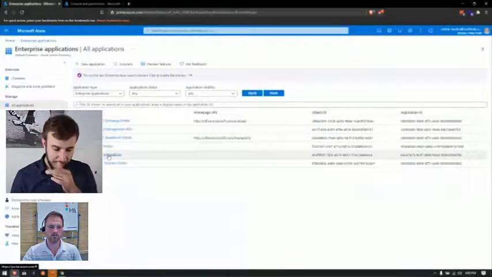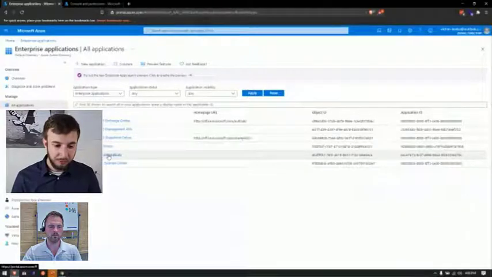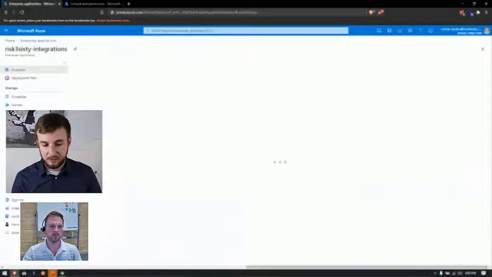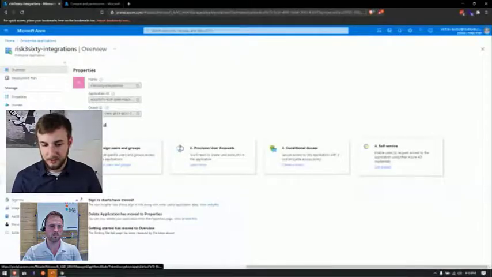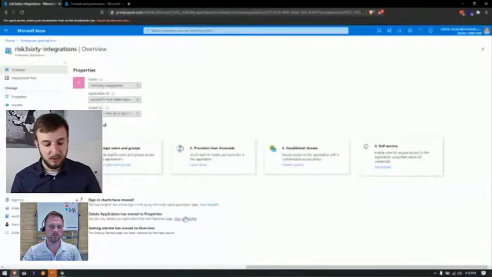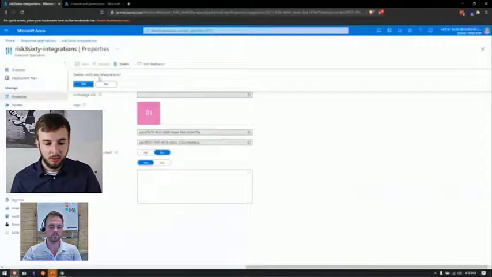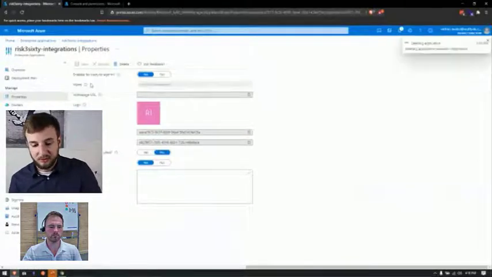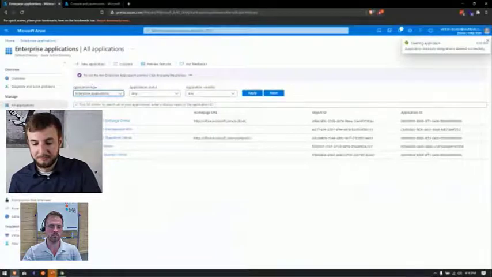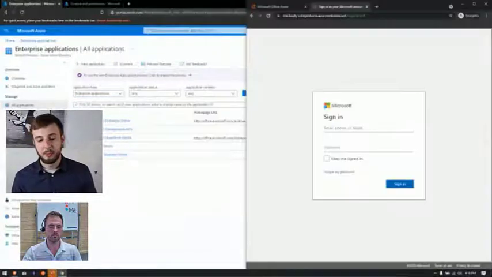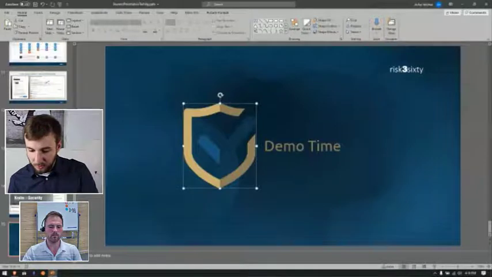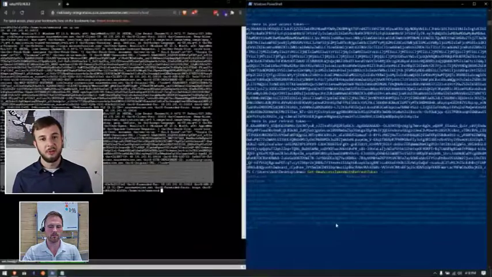Essentially, all you'll need to do is click on it, go to the Properties tab, which you can just quickly jump to right here, and click Delete. And at that point, the application can no longer grant access or use its access to persist within the environment. However, if I remember correctly, I think the access token actually still exists for the user,